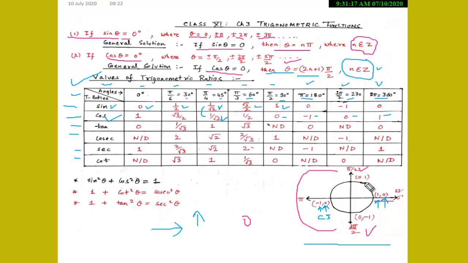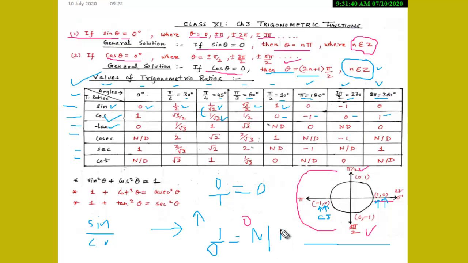And now students, the third function is tan. So here, as we know, tan is nothing but sine theta upon cos theta. So here, tan 0 is 0 upon 1. And students, 0 upon 1 is always 0. And 1 upon 0 is an undefined form. So here, since sine 0 is 0 and cos 0 is 1, 0 upon 1 is 0. Therefore, tan 0 is 0.